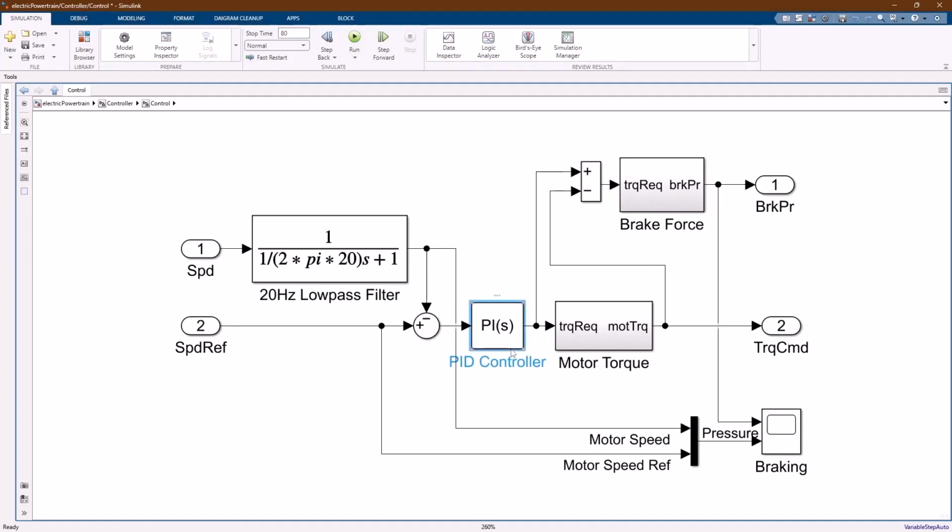And then we have a simplified PI controller to determine how much brake force and how much torque from our motor we actually need. In addition to providing propulsion torque when accelerating, during deceleration, we can get some regenerative braking effect from our motor. When we're doing that, we need to make sure that we're not actually producing more braking than intended. So we take our motor torque and subtract it from the output of our PI controller to make sure the brakes are making up the rest at braking.